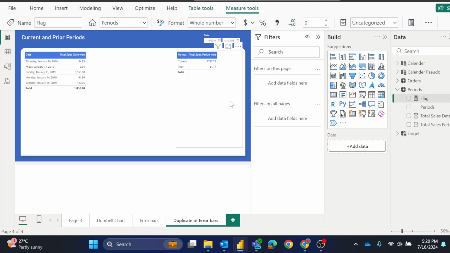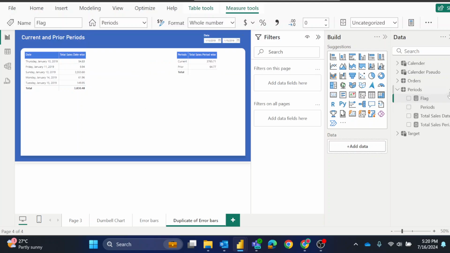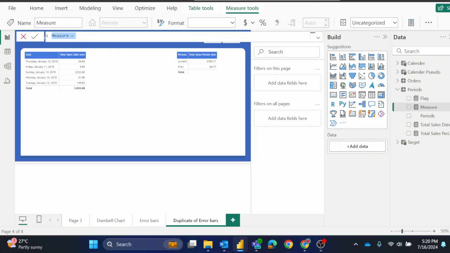I'll just copy my flag measure, and new measure, color, background